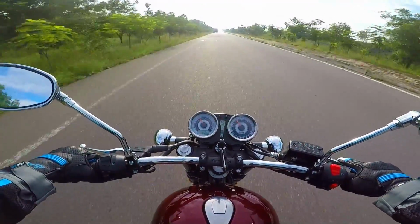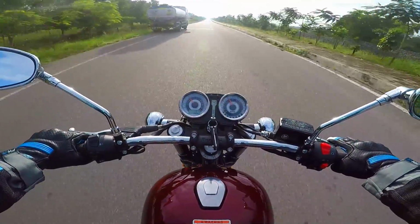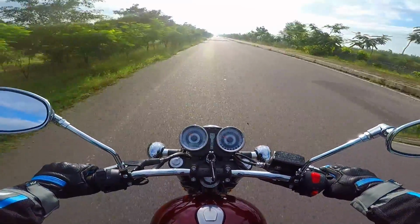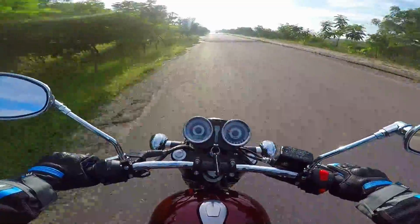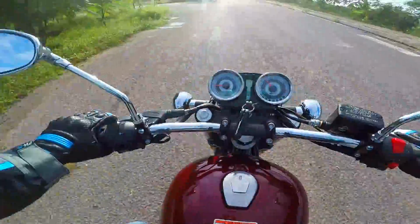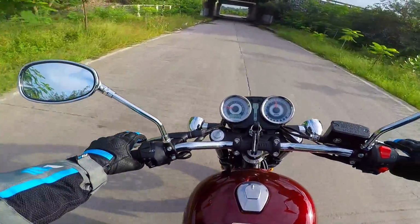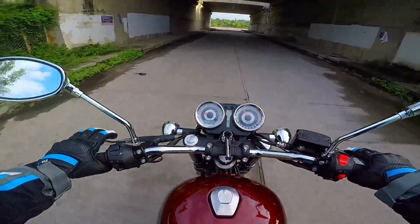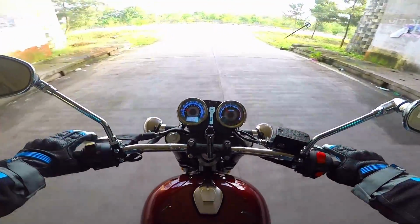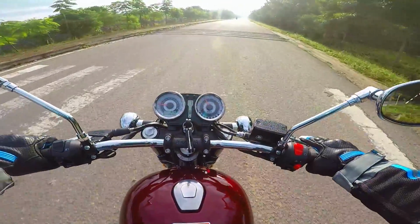Morning ride on an age-old classic. Wow, this is the perfect throwback to the motorcycling culture from the 70s and maybe even the 60s. The suspension is perfectly sorted out. You have a nice and plush ride quality. So suspension is perfectly sorted out, nice and plush ride quality at lower speeds,